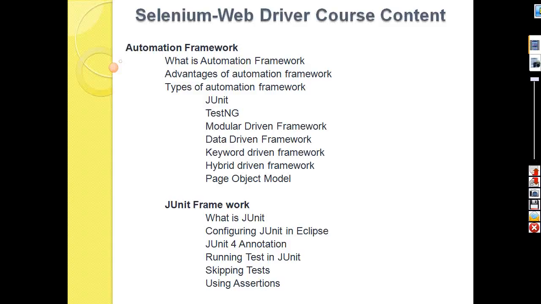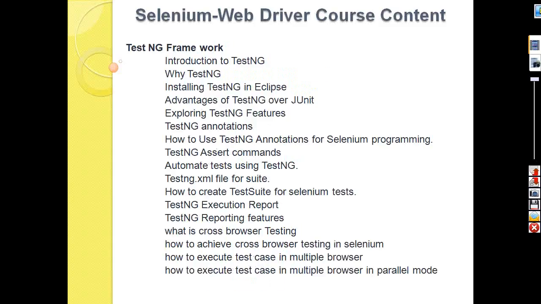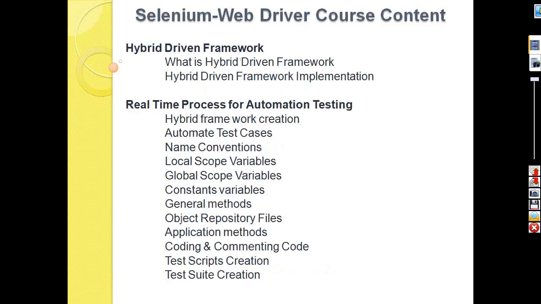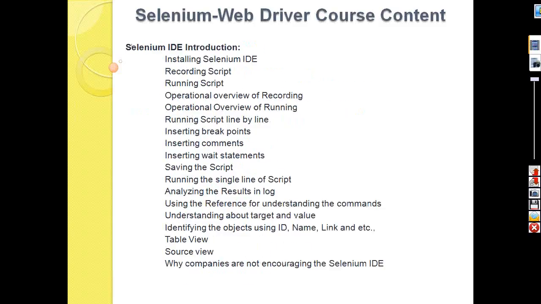TestNG is what people implement in companies right now, so we are discussing the TestNG framework in more detail. We will also cover the real-time process, folder structure, and the architecture of the hybrid framework.